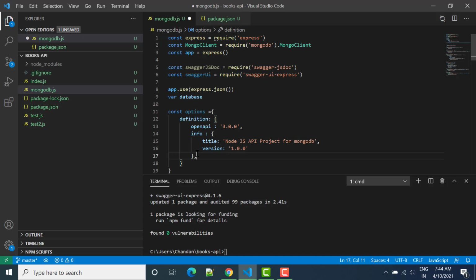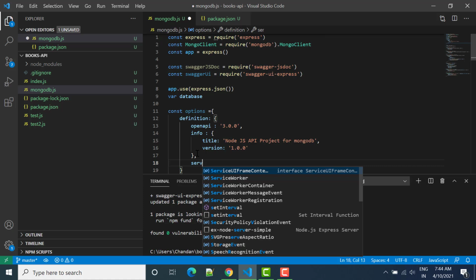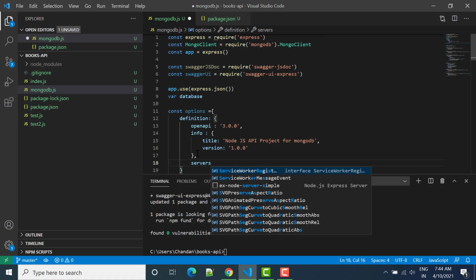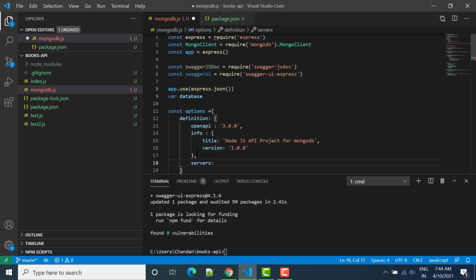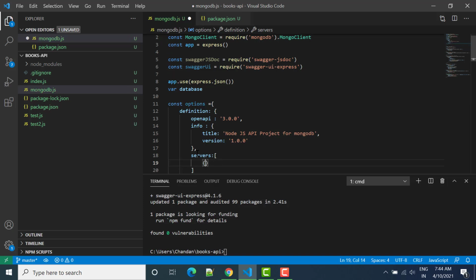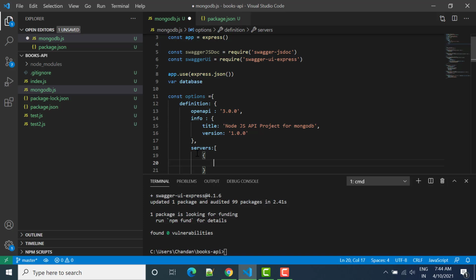After info we can also write servers, and the server will be localhost colon 8080.